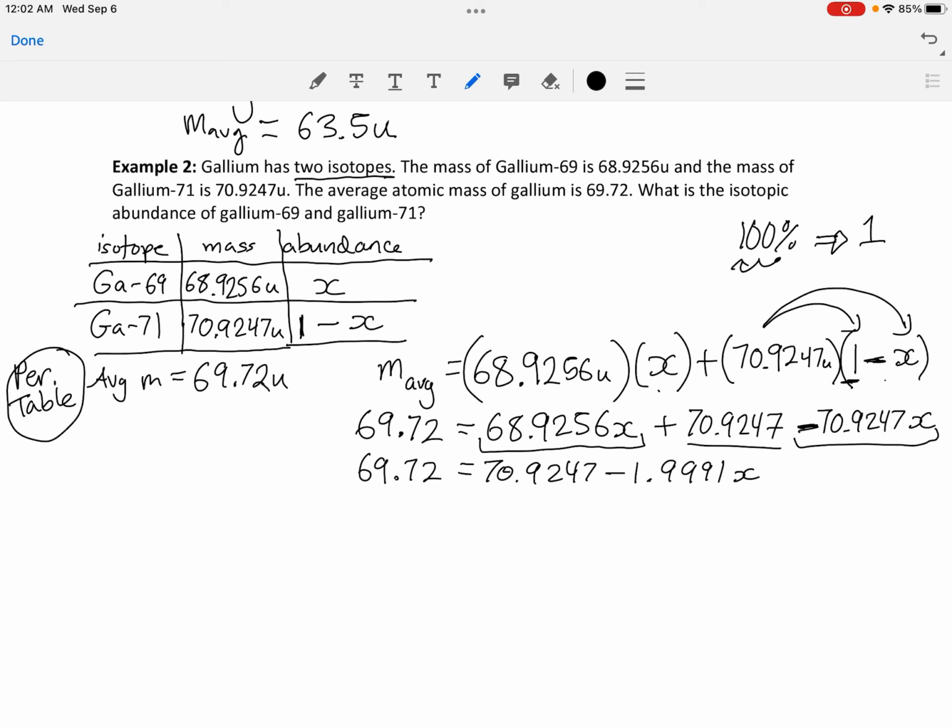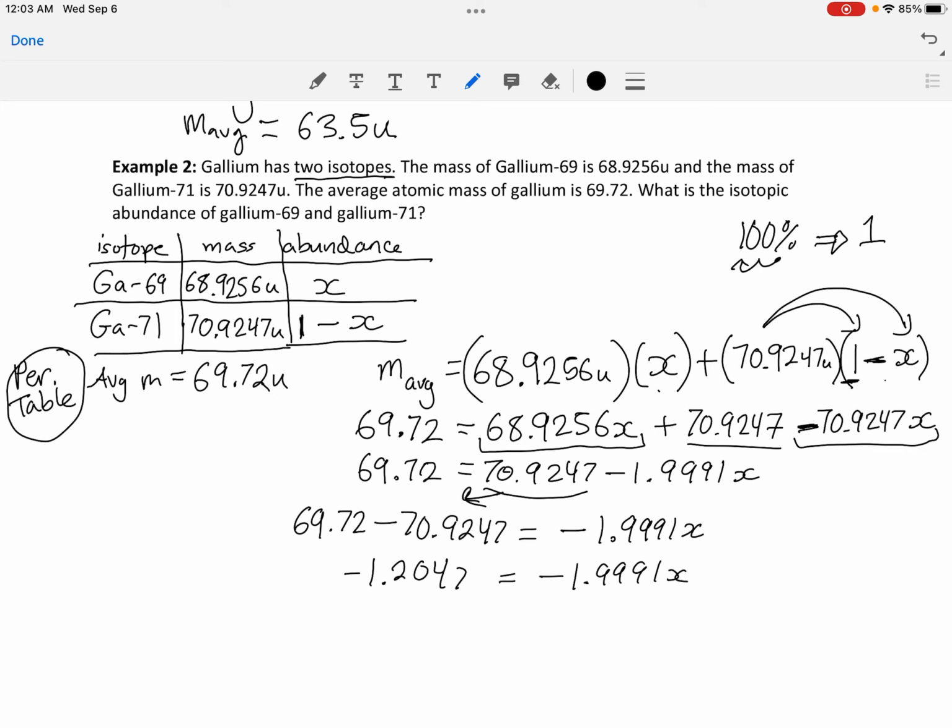But we need to get all the constants on one side, all the X stuff on the other side. So let's take this 70.9247 and we'll move it to the other side. To do that, we need to subtract it, right? So 69.72 will be minus the 70.9247. We're subtracting it from both sides is the algebra process that's happening there. And then on this side, we'll just be left with that negative 1.9991X. Subtracting those two things gets you negative 1.2047. That equals negative